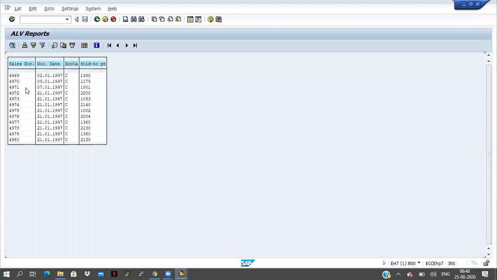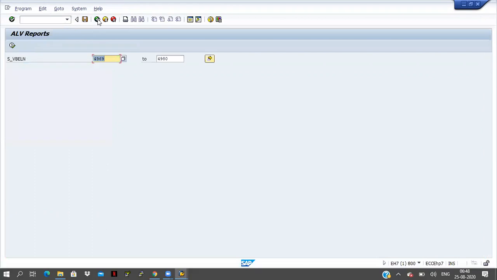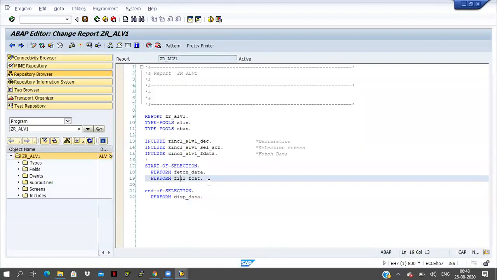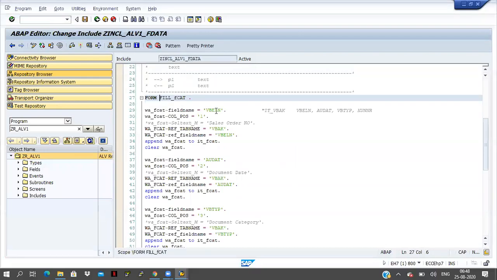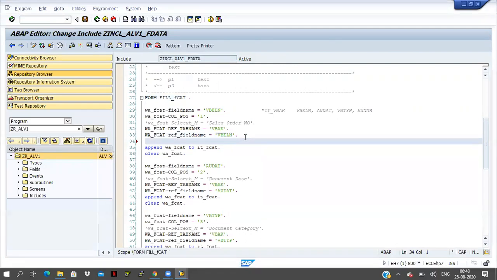Now I want to display this sales document number in some colors. How is it possible? In the field catalog for the sales document number, whenever we are filling the field catalog, we have to pass one more feature here: emphasize.